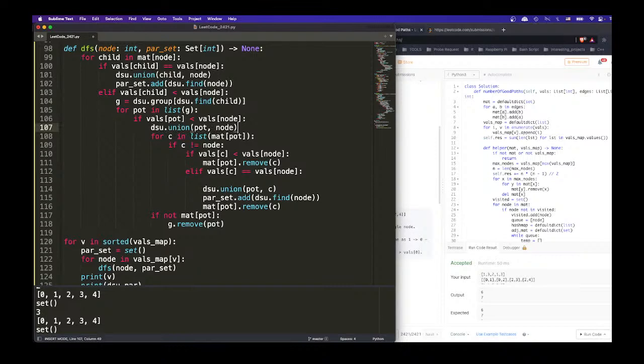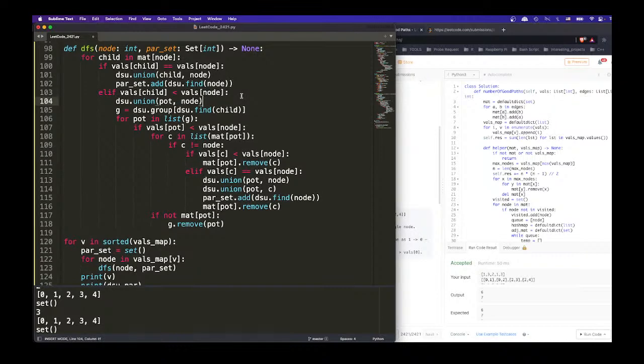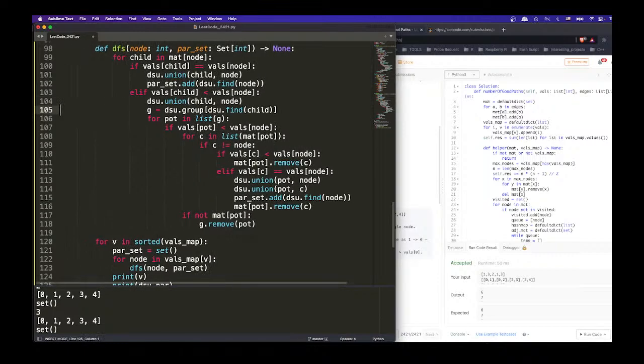So if the potential, no, we have to group with child. Hold on. This is a little bit. So if this is smaller, then we have to group child and node. Okay. So the same thing. We'll group child and node,